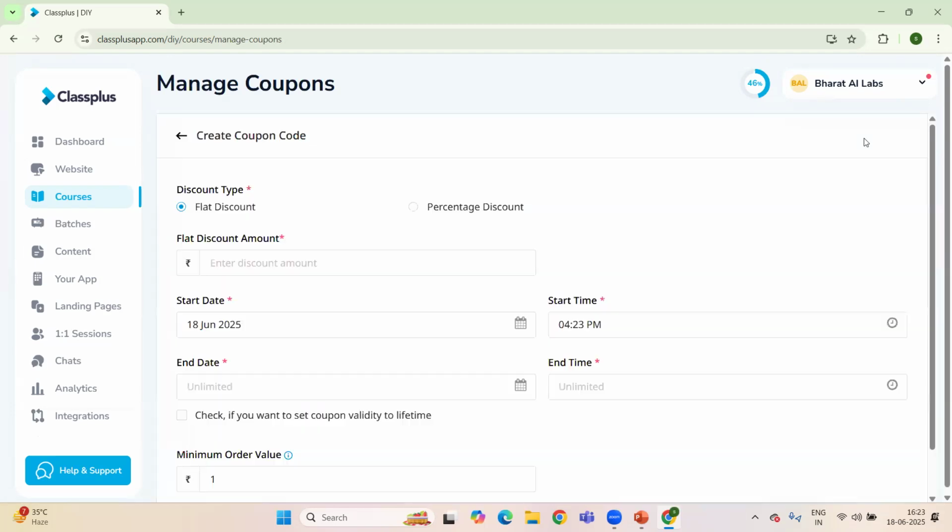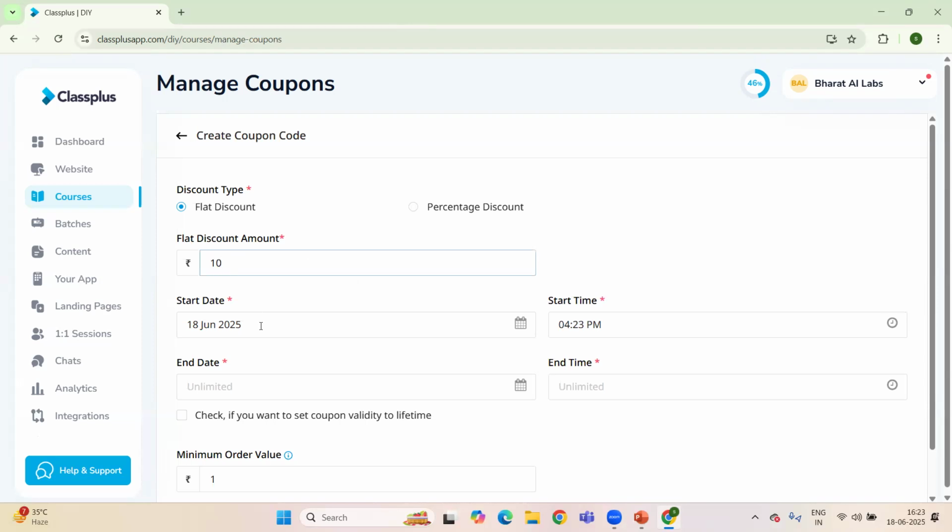Just click on that. And now you can see we have two options. Either we can create by the type of discount, flat or percentage. So I'm taking one example, flat discount. That's why I'm typing here 10% flat discount on my amount.